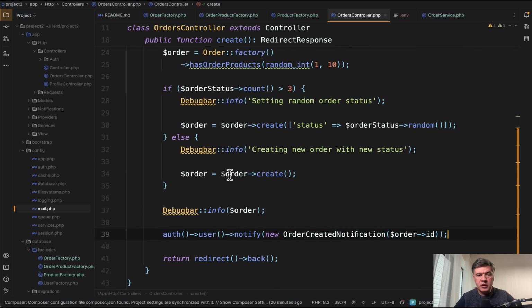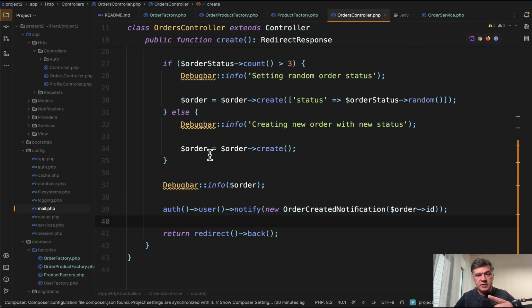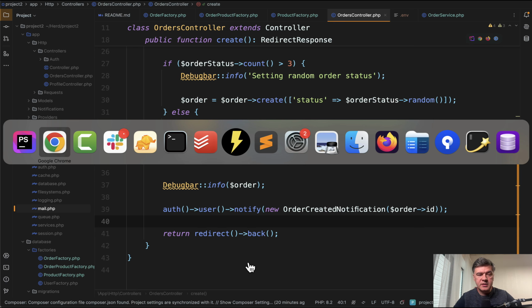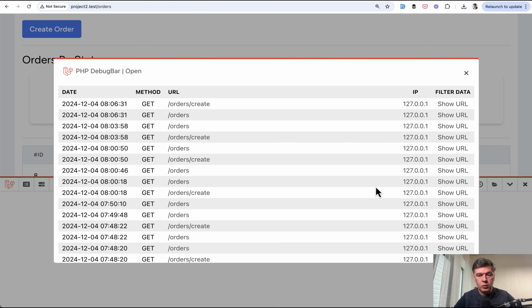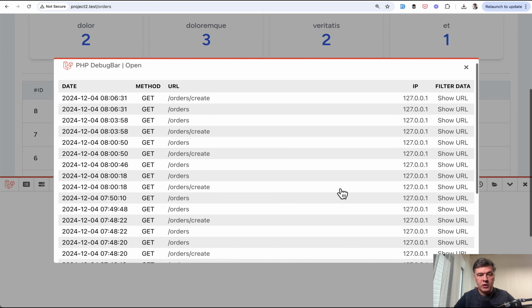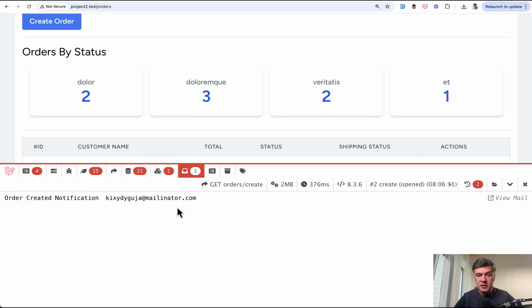So in our controller, the method returns the redirect, so the actual create was called and then redirect back to the index, so there were actually 2 requests. And in the Debugbar, you can see not only request history, but the folder with all the previous requests, so all the list of all the requests that have been playing around while shooting this video. So we can click on the previous orders create, and here already we can see the detail of the mails,